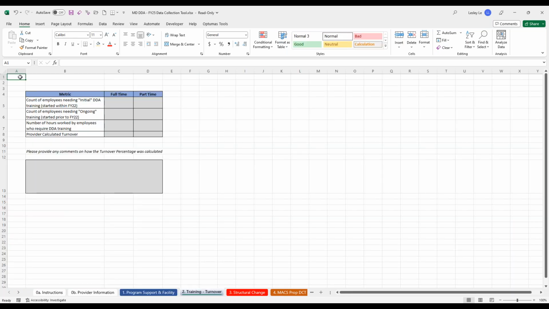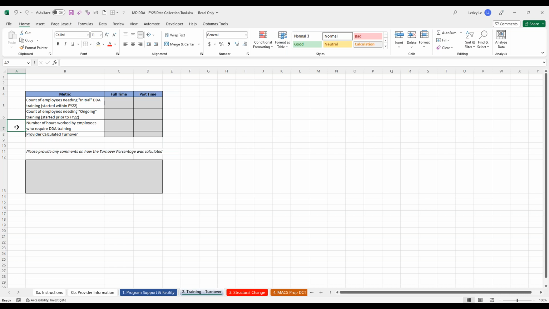So rows 5 and 6 are asking for the count of employees, because we understand that there have been some updates to training, and so we are working with DDA to figure out how many hours of training are required by DDA. If we have the count of employees that go through the training, we can then take that count and multiply by the new required hours from DDA.